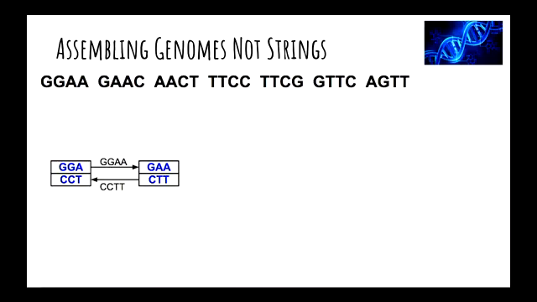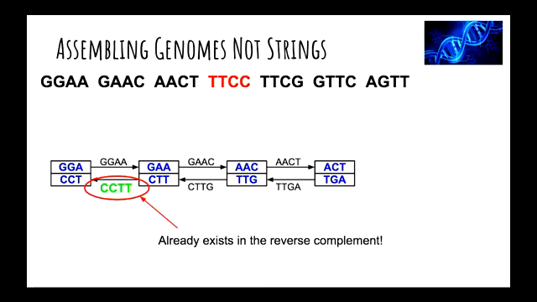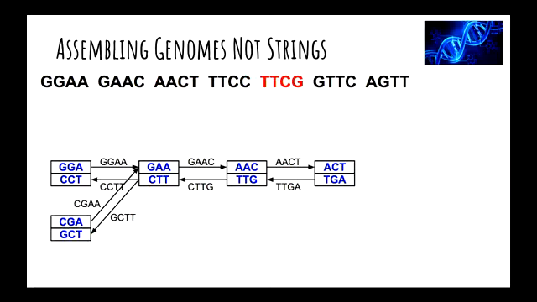And we repeat it for the rest of the k-mers. So the next one we add is GAAC, and then we add AACT, and then the next one, if you look at TTC, can anyone see TTC up there already? It's in the reverse complement of the second node. And so when we add it, it already exists, and so we have to do this. Okay, so it makes things a little bit more complicated, not too much more complicated, but a little bit more complicated,